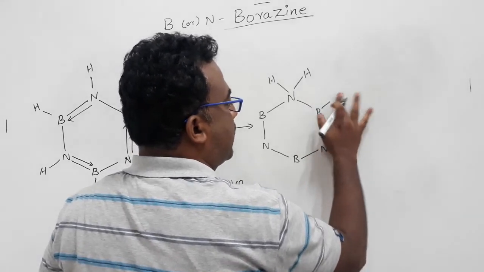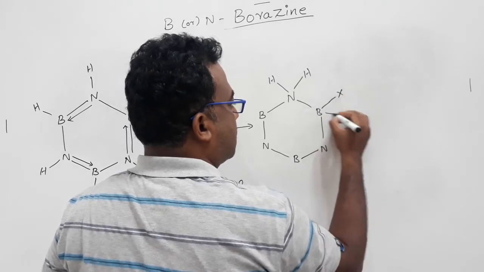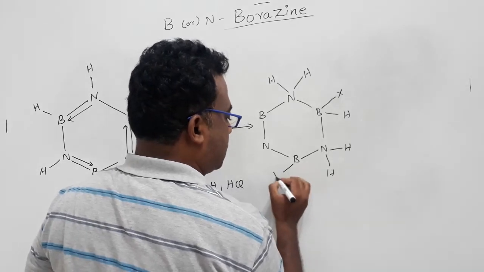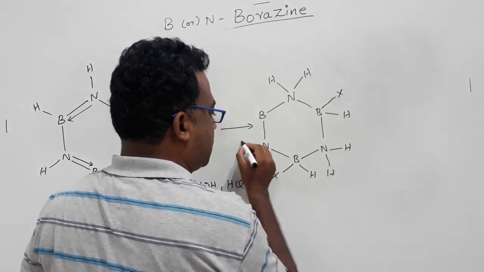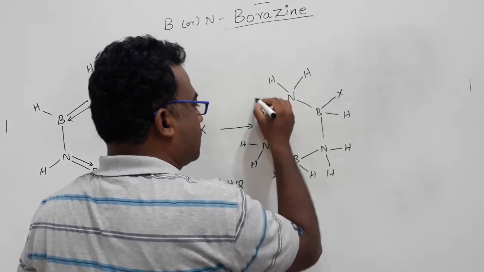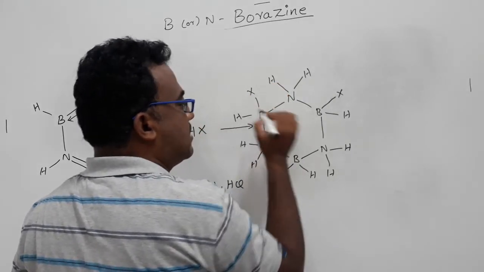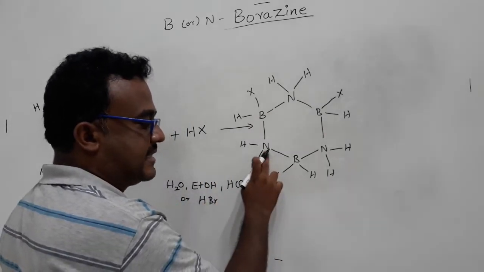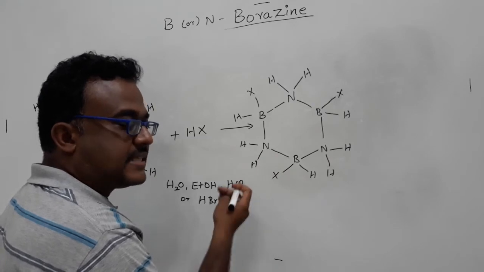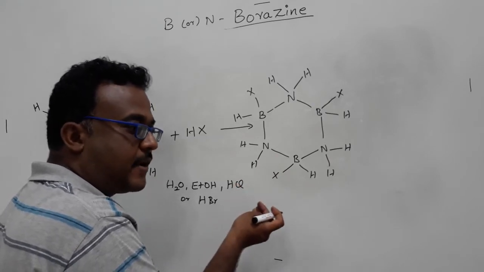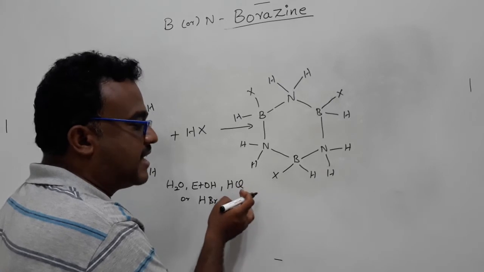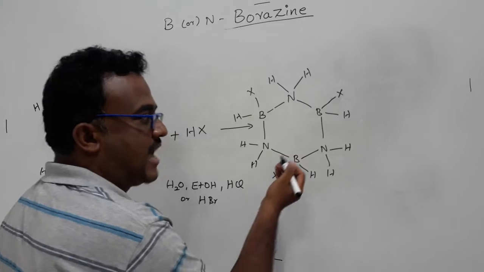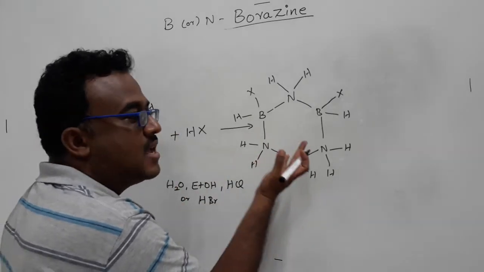Sorry, instead of chlorine you have to put X. Okay. In this reaction, hydrogen was added to the nitrogen center and the X means a corresponding conjugate base. The conjugate base will be added to the boron center. You can get that saturated. The double bond is almost now completely saturated.